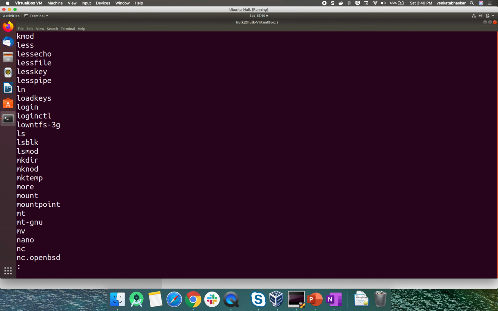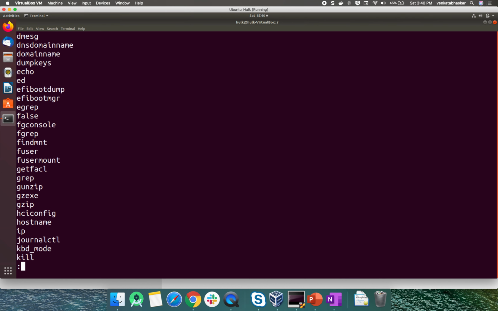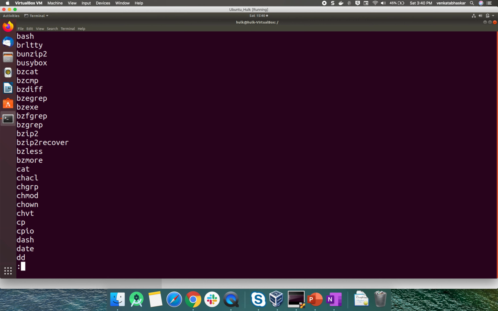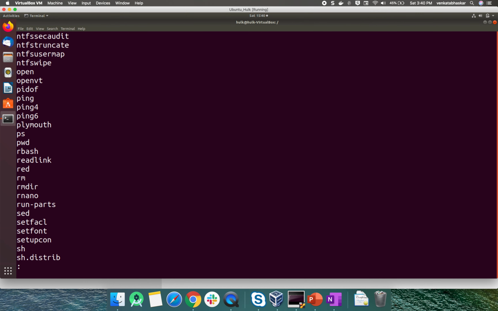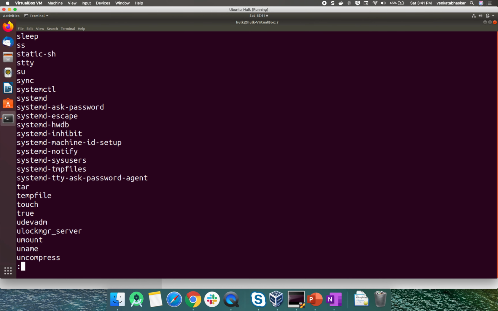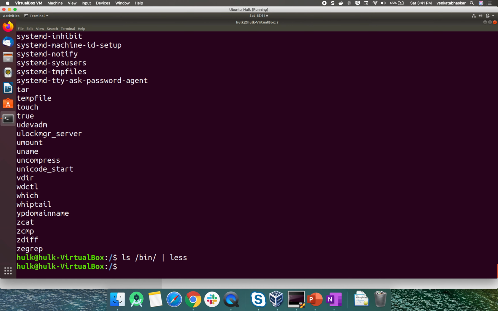Now I want to go backward. For the backward direction there is B, no need to type anything more, simply type B, and you can go back. If I keep pressing D or spacebar, the file will reach 100% and then exit. If you want to exit in the middle of the command, you can press Q, and it will exit from the less command.